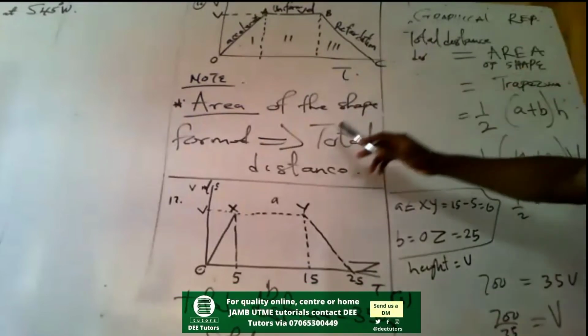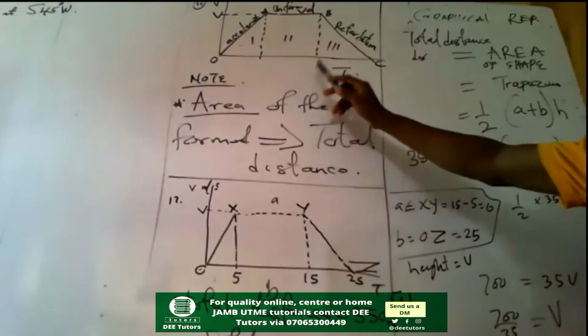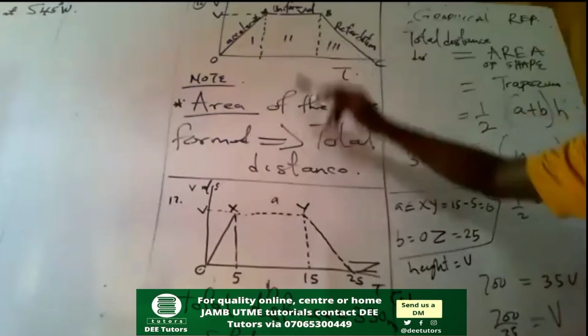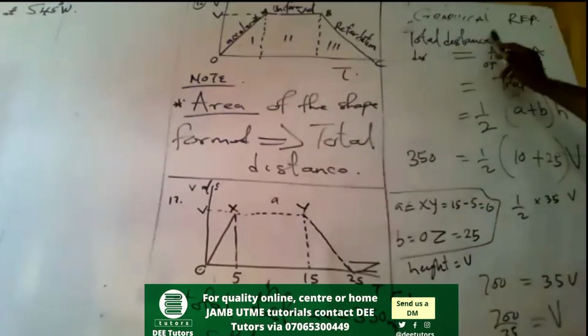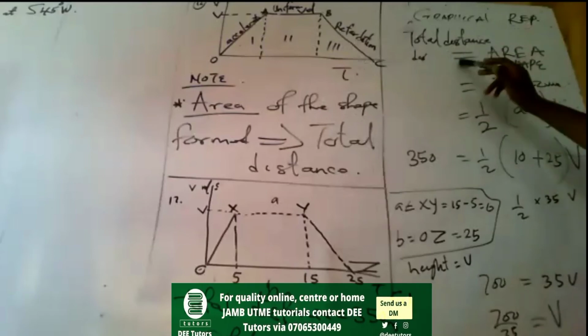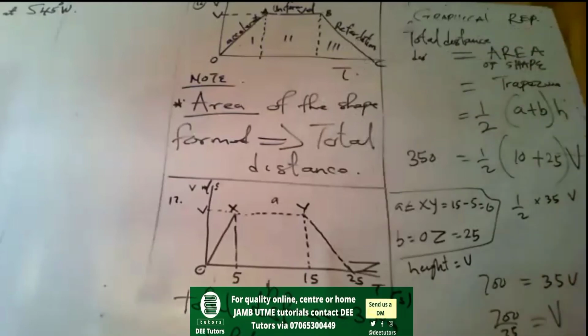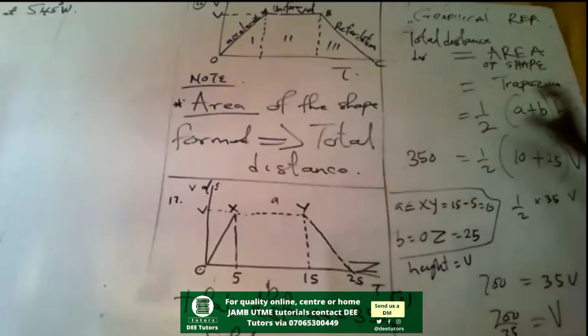So we are given the total distance in that question. So we are likely using the concept that total distance on a VT graph is the area of that shape. The shape here is a trapezium. We call